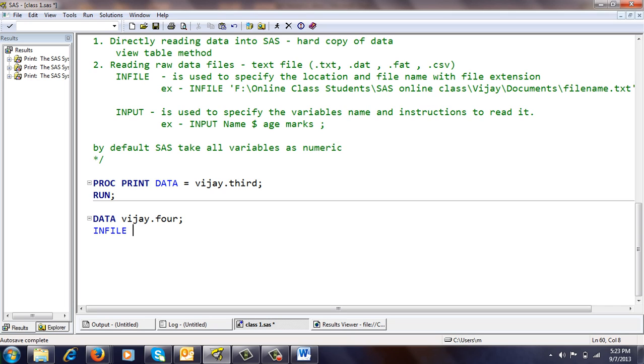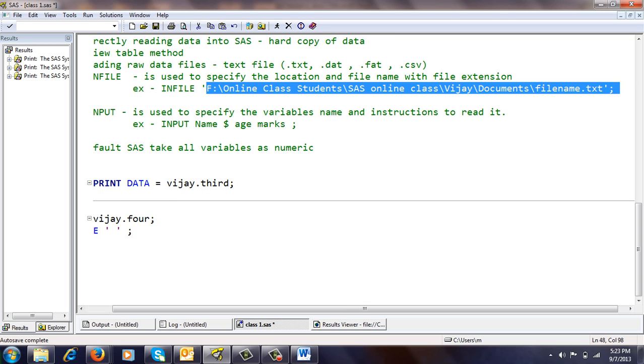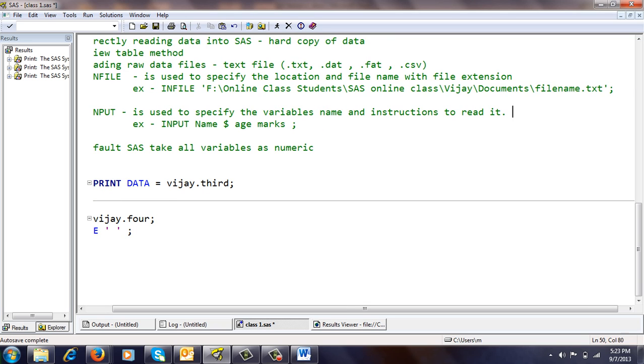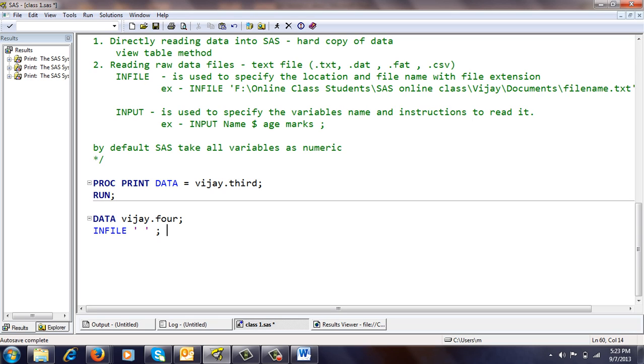I specify the file's name and location in single quotes. Already given here one location, we take this same location. Here our file name is 1, we give here 1.